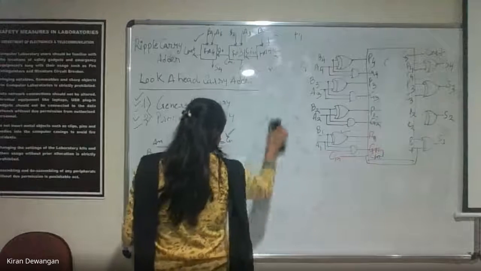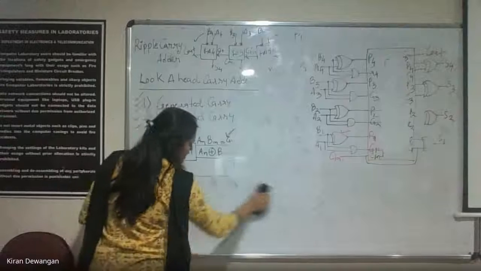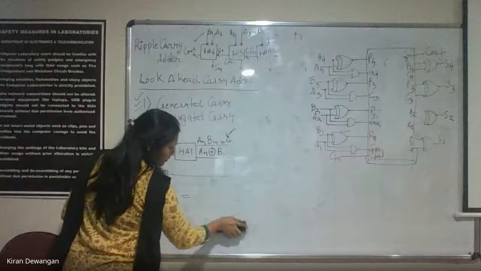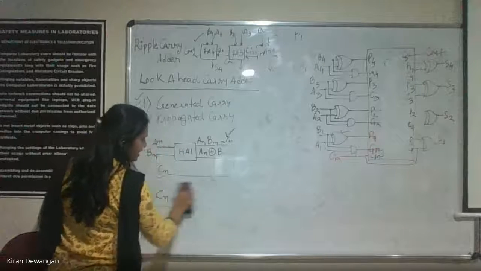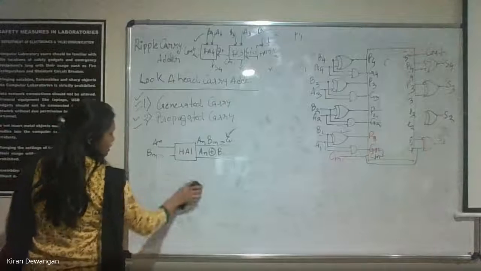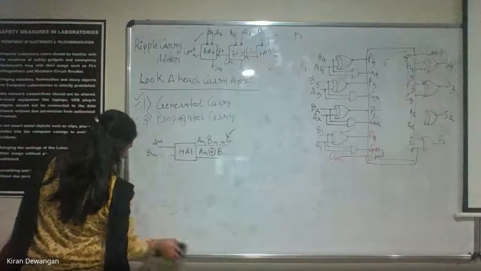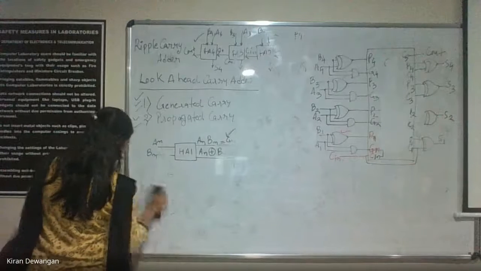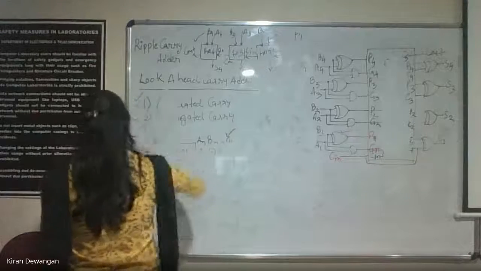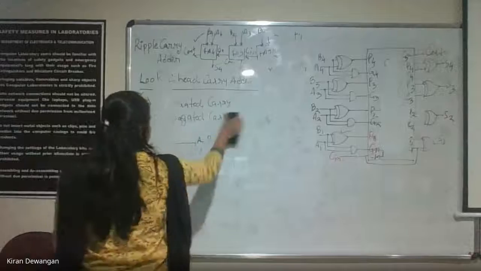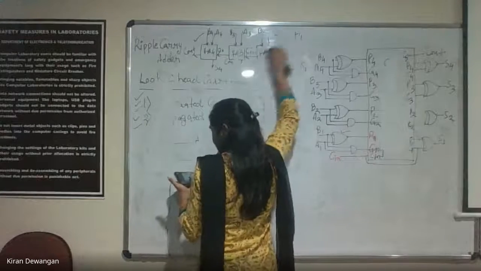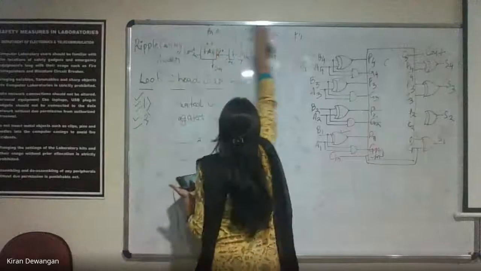Now the next topic is BCD adder. Now what is a BCD? Reply first. BCD क्या है? जब तक BCD क्लियर नहीं होगा हम BCD adder नहीं समझ पाएंगे. What is BCD? Reply. क्या होता है BCD? BCD का full form क्या है? Yes. What is the full form of BCD? It's binary coded decimal. Correct.